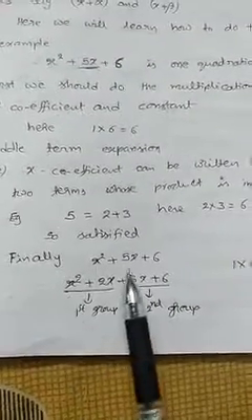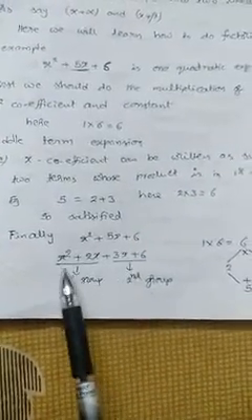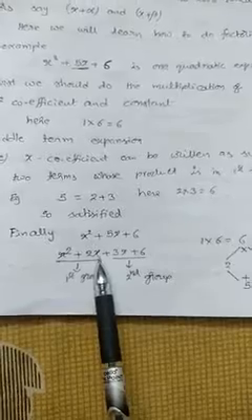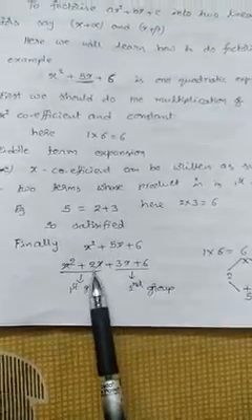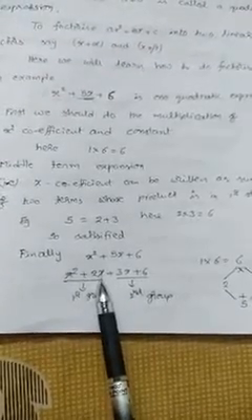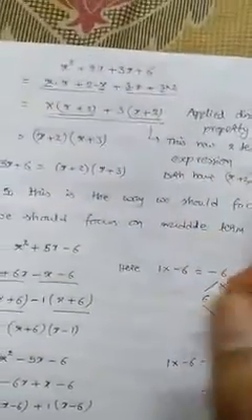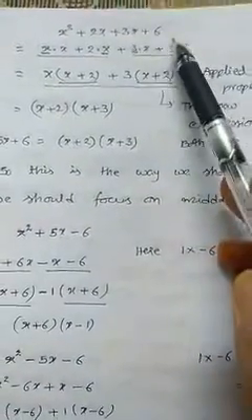This can be written as, if I write 5x as 2x plus 3x, because I took 2 and 3 already, x square plus 2x plus 3x plus 6. This 5x is written as 2x plus 3x, so both are the same. But here there are 3 terms and here there are 4 terms. Once you have the 4 terms, observe very carefully. Now I want to make them into factors: x square plus 2x plus 3x plus 6.